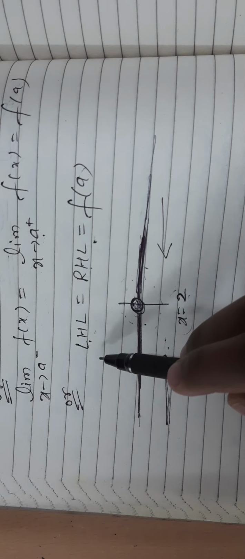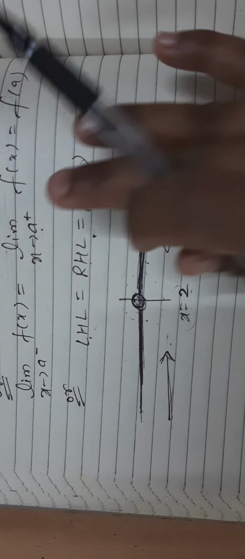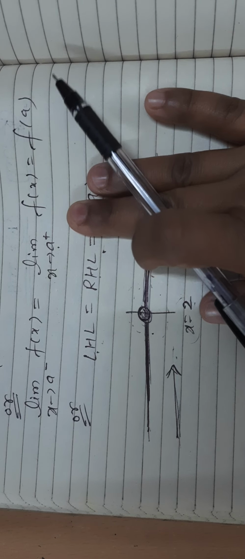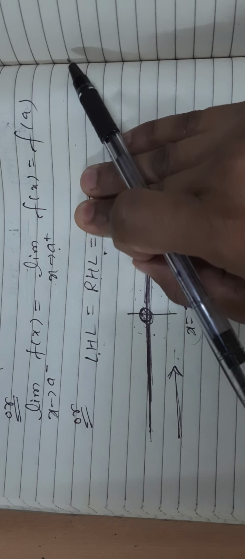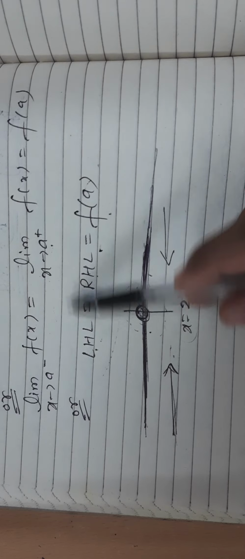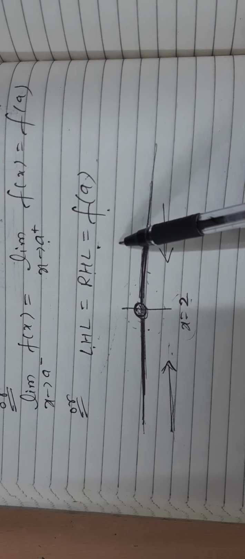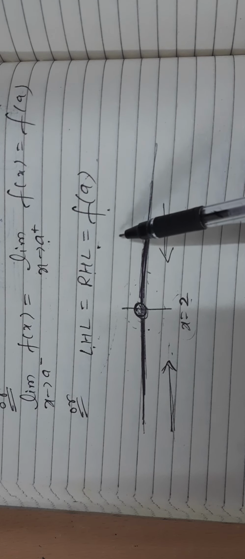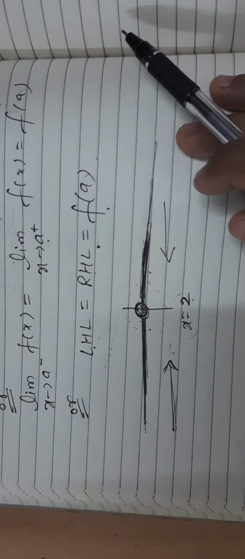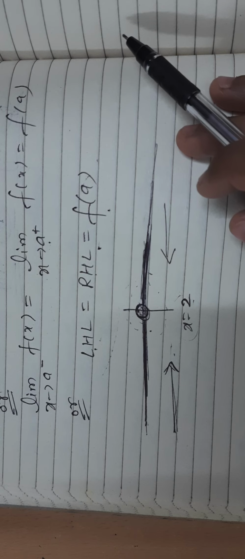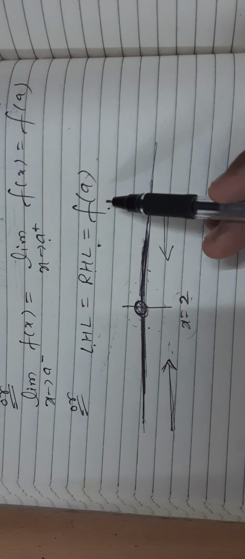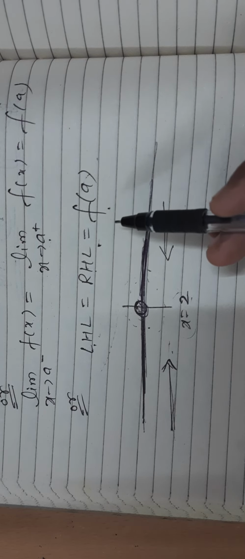Okay, so the only difference is, suppose we write up to here LHL is equal to RHL, it means the limit of the function exists at a point, and if we also find the value of the function at that point, then the function is said to be continuous. And in the beginning I explained that the value of the function at the point and the limit of the function at that point are different things. They are not the same. How to find the value, we have done that in our junior classes: we simply put the value.